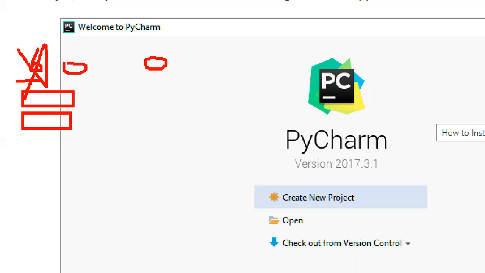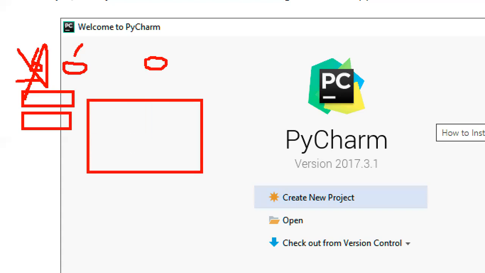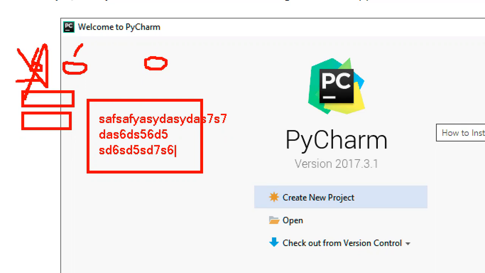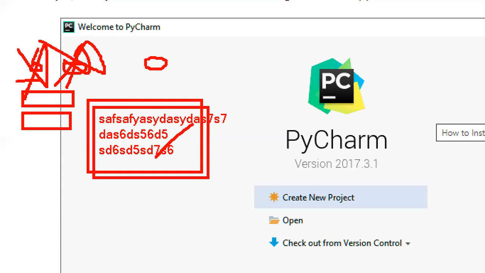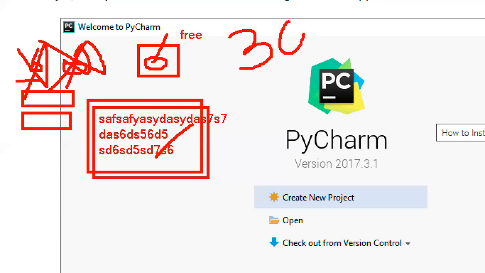Okay. Next, here is enter your activation code. Activation code means a notepad area comes up. In this notepad area, guys, there is a random alphanumeric string for activating our account. Okay. So this I also don't want. I don't have this activation code. That's why I'm not selecting the first 2 options. So there is one more radio button, a free evaluation. That you can select. If you select it, it works for 30 days.